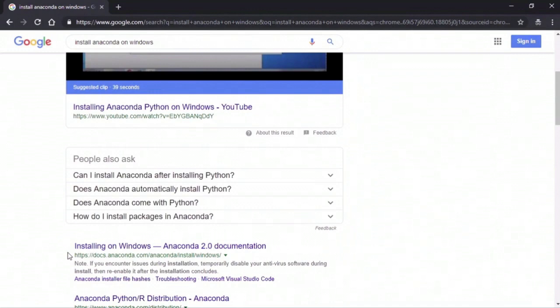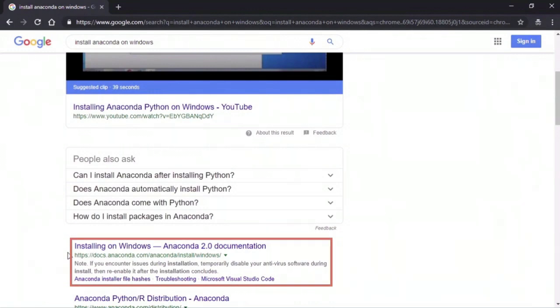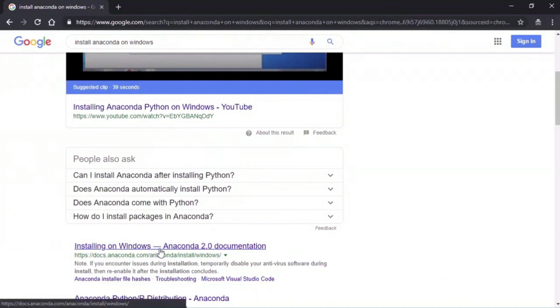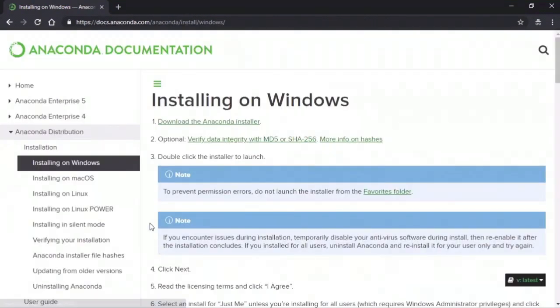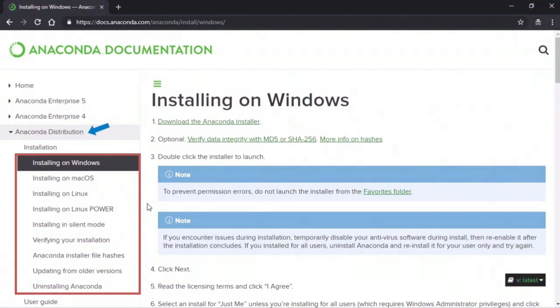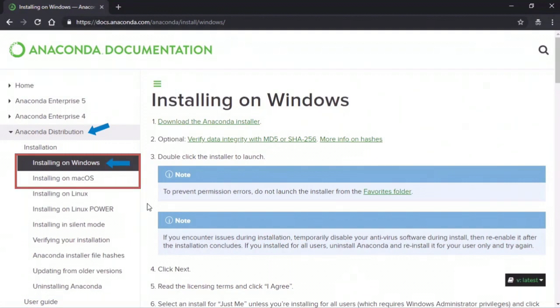With this brief introduction of the Anaconda distribution and the Conda package manager out of the way, let's get set up on Windows with Python using the Anaconda distribution. Click on this link here, which shows you how you can get Anaconda on Windows. Here we are on the install page. Observe that the Anaconda distribution can be installed on any operating system, Windows, Mac OS, Linux, and so on. If you have a different operating system, you can simply select the link for your OS. In this particular course, we'll cover installing Python with the Anaconda distribution on Windows as well as on the Mac.